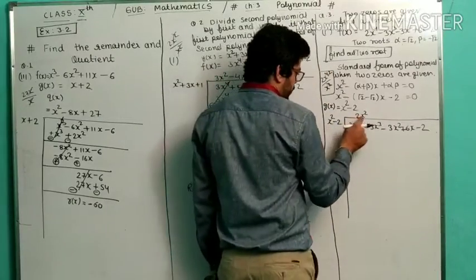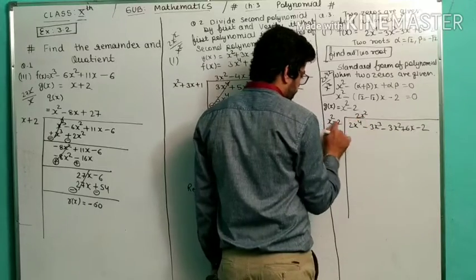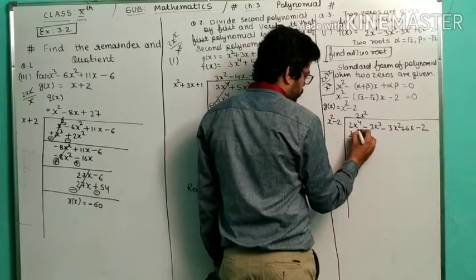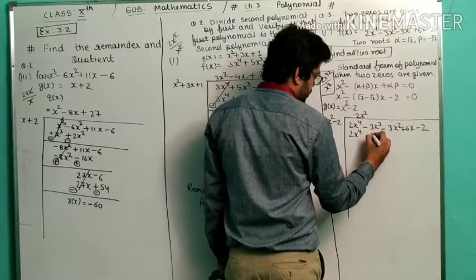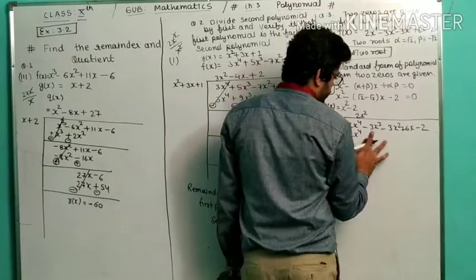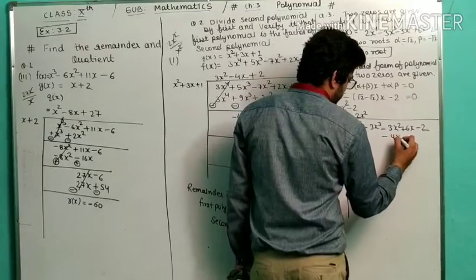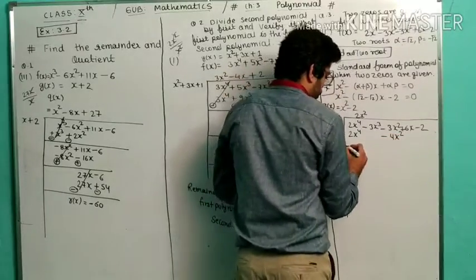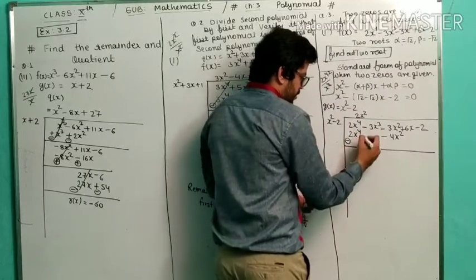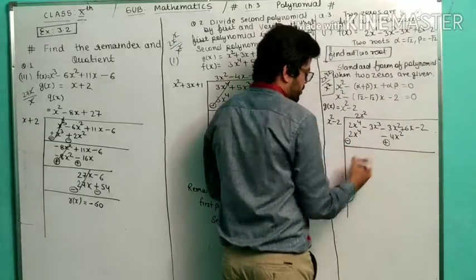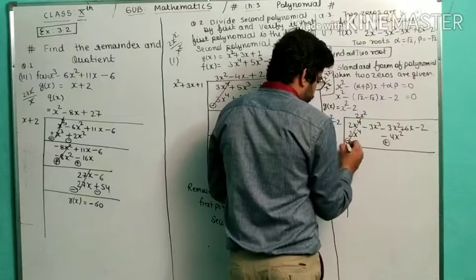Okay. So again we have to multiply this. 2x square is multiplied with x square, 2x to the power 4, and this 2 into 2 is minus 4x square. So we put here minus 4x square. Now we have to change the sign. Negative sign is here, there is no change in sign; this is positive sign here. So it is going to be cancelled.